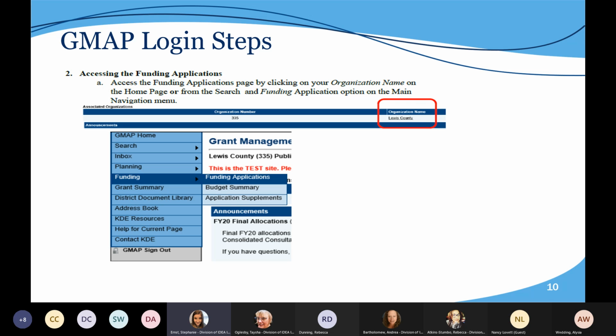So some more login steps. So how do you find the application? How do you find where you need to be? You want to access the funding application page, and you're going to do that by clicking the organization name on your home page or from the search bar and find funding application on that main navigation menu. We are a funding application. Once you get there,